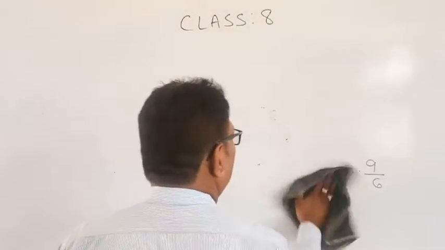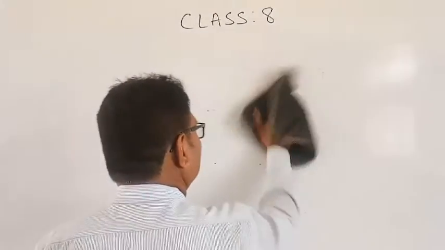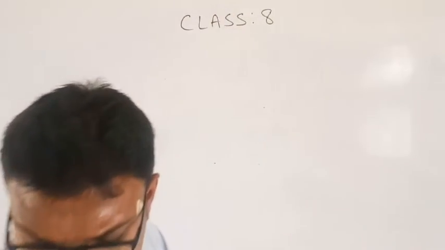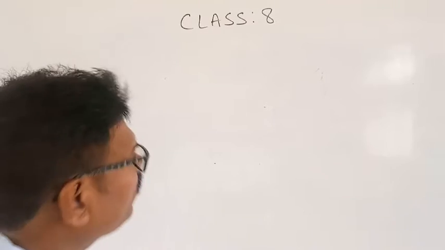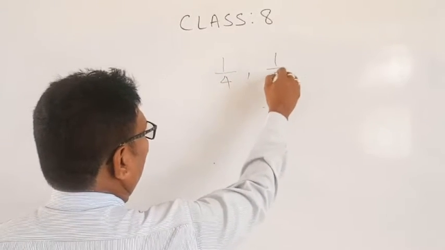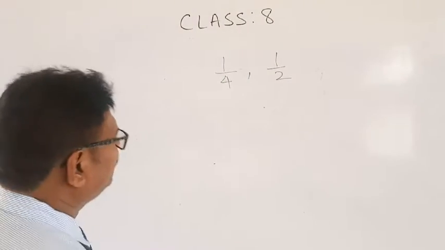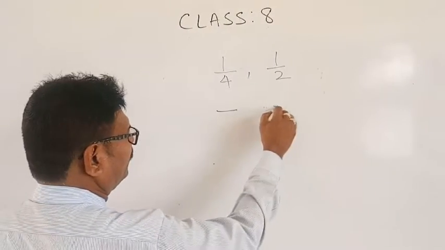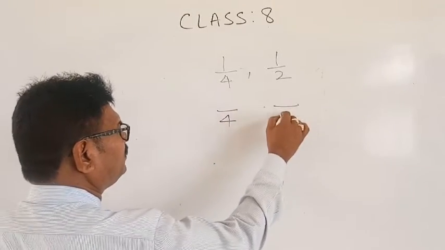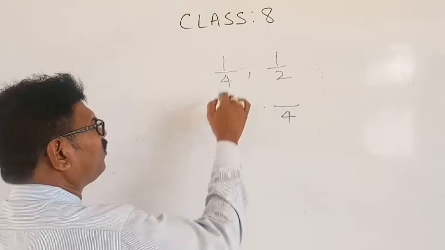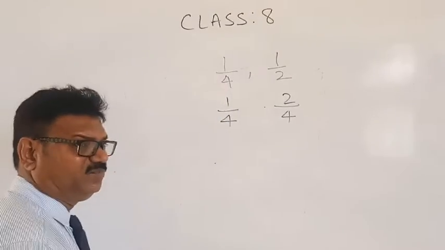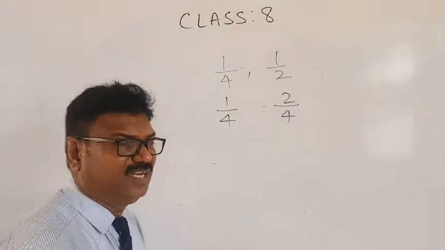First you understand the concept, then you will get different types of answers. Okay? Yes. 1 by 4 and 1 by 2. So first what I told? Same. Take LCM. 1 by 4, 4 is a multiple of 2. Therefore here also 4. 4 how many times? Only 1 time. 2 how many times? 2 times. We want 5 rational numbers.